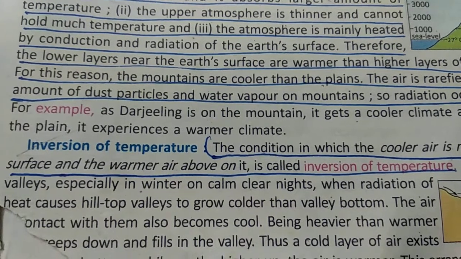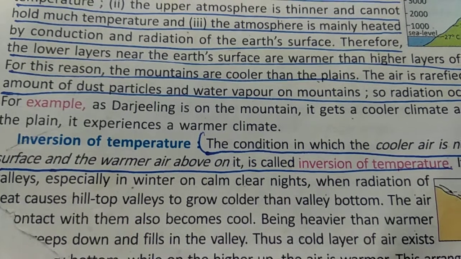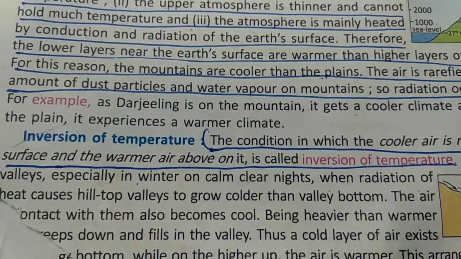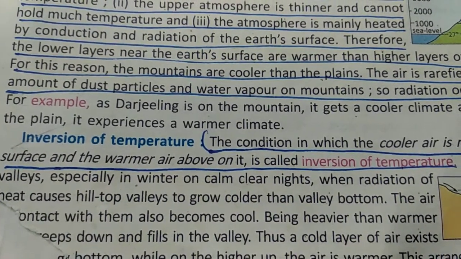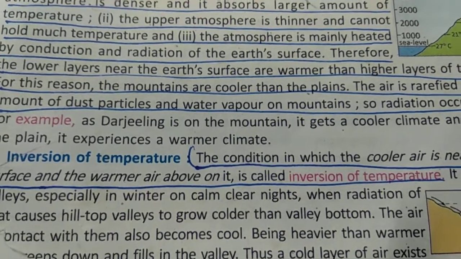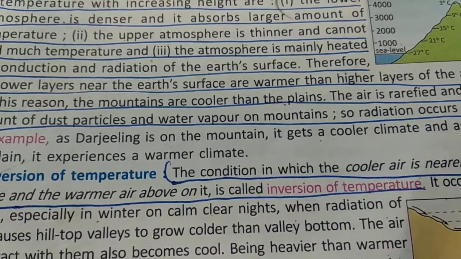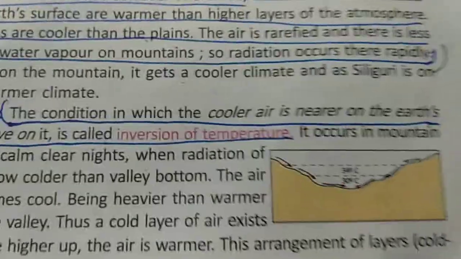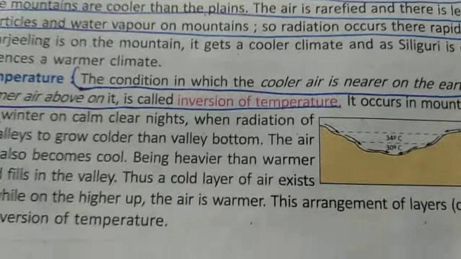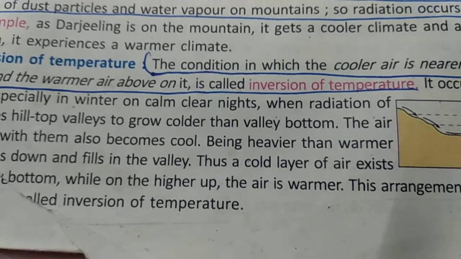When radiation of heat causes hilltop valleys to grow colder than the valley bottom. Why does this occur? The air that is coming in contact with them also becomes cool. The air that is going up, when it comes in contact with the cool air that is high over here, makes the atmosphere cool, being heavier than the warmer air,